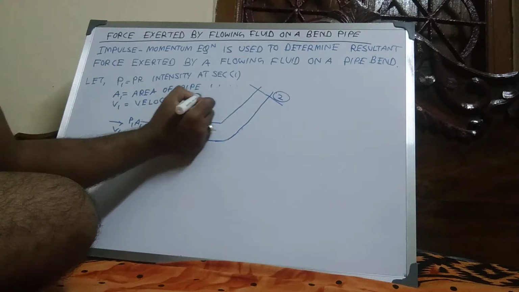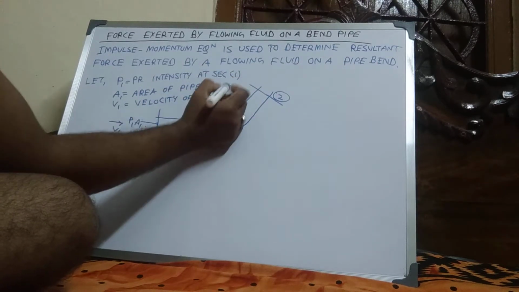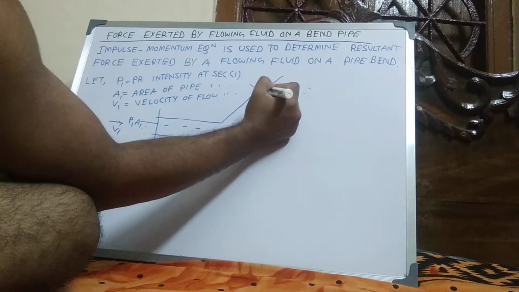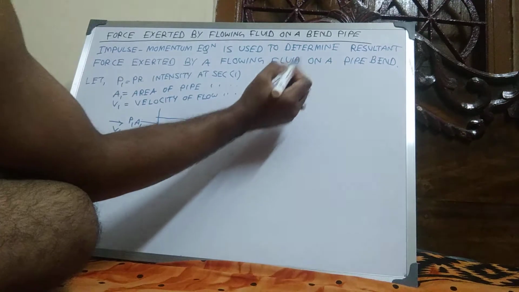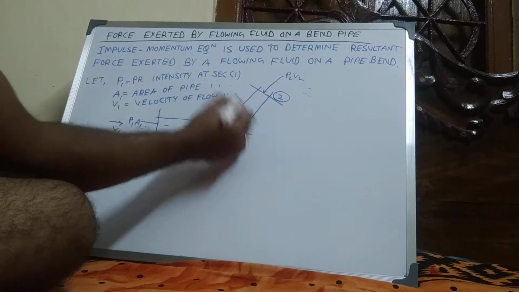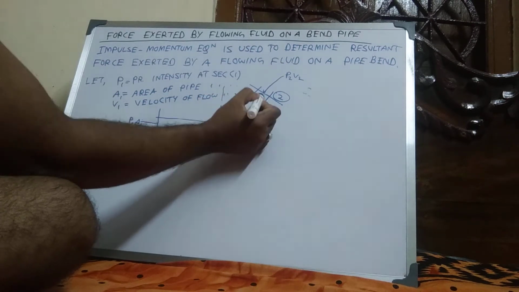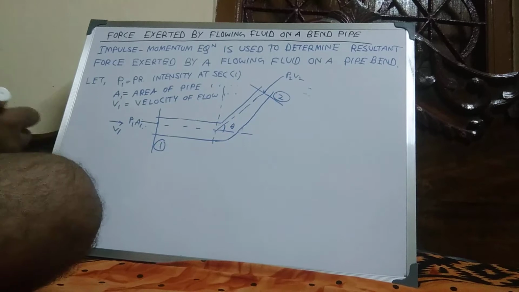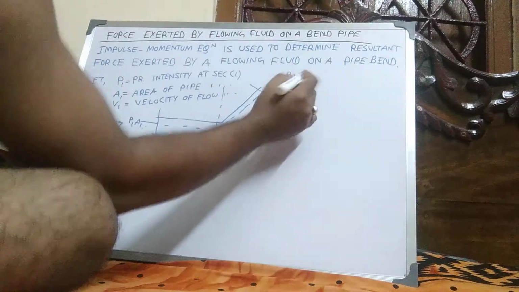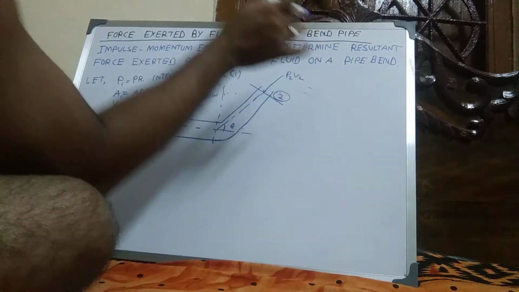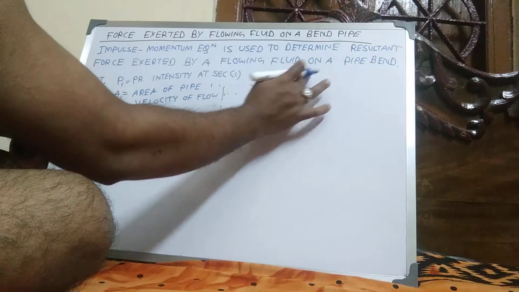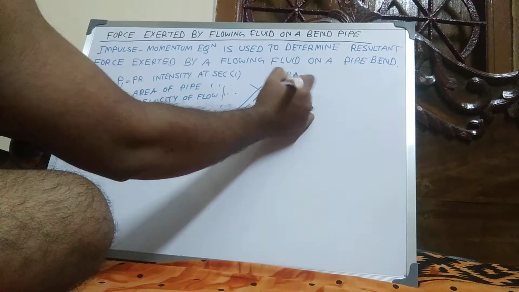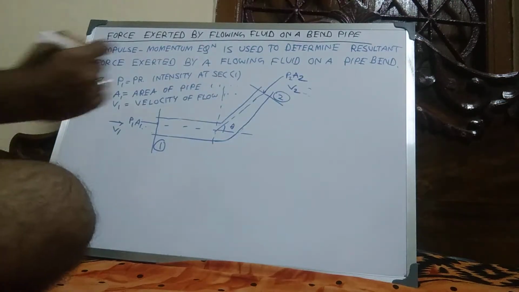Velocity of flow at section 1, and P2 here, P2 and V2. Suppose this is the axis, this is the theta angle, and this is the pressure corresponding value, and P1 A1 pressure, and velocity V2. Now Fx